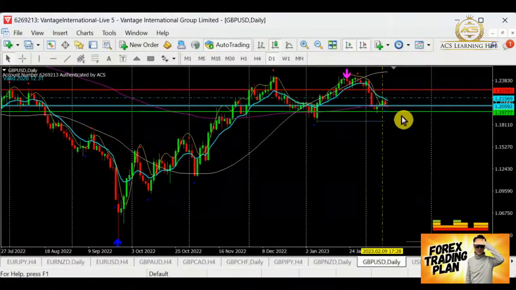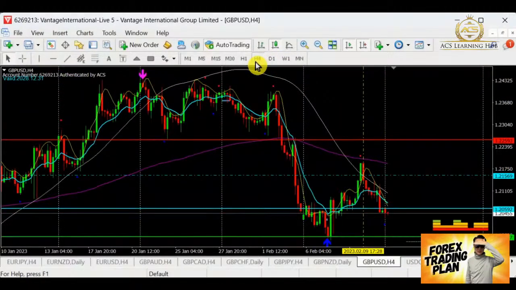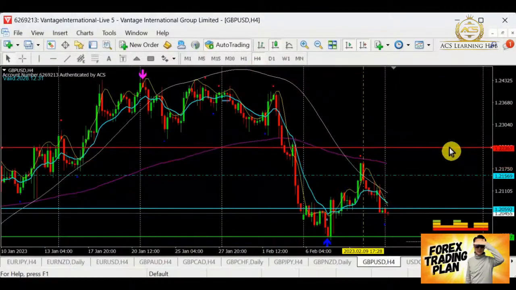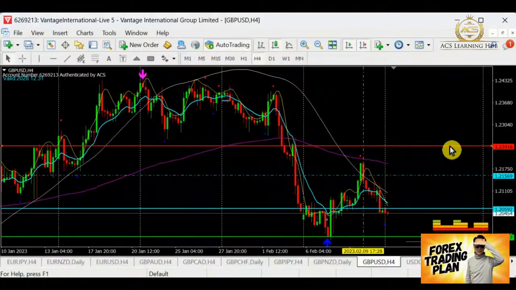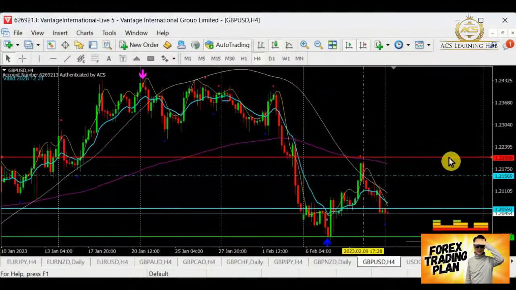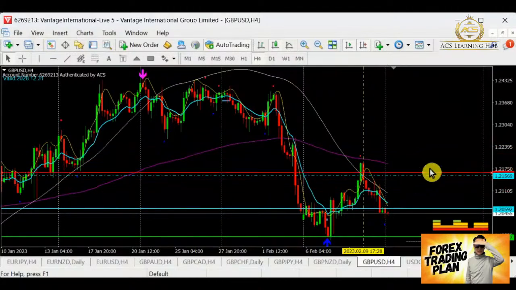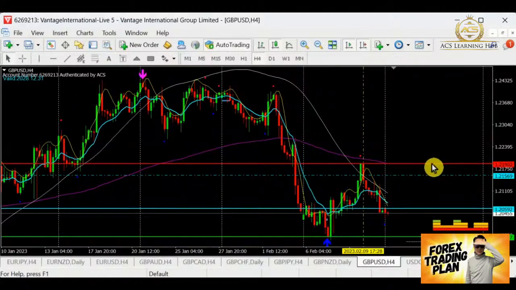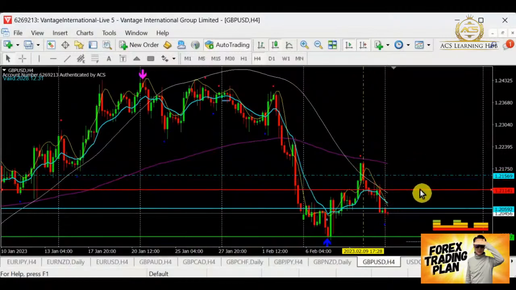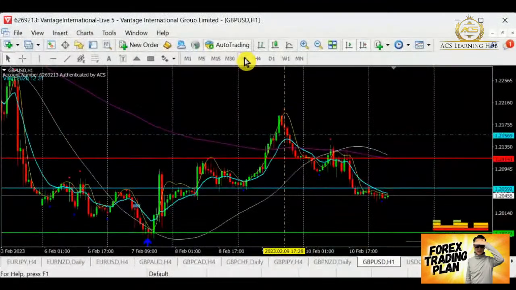I would say that at the moment the selling is still possible. For me, I will still be looking out for the selling over here. Before that, I was looking at Pow Dollar testing into this. However, it did not. It actually rejected down all the way from this area and this level, and then it started to sell down. After it sold down, we have another resistance created over here, and now it's coming down for another selling here. So for Pow Dollar, I'm going to look for selling. However, we need to have a support.